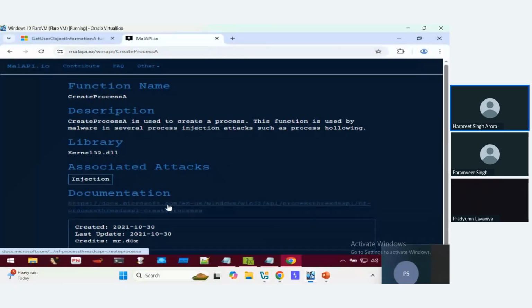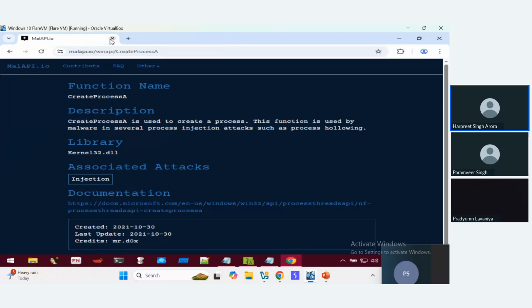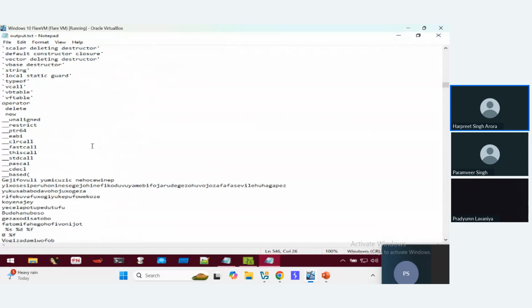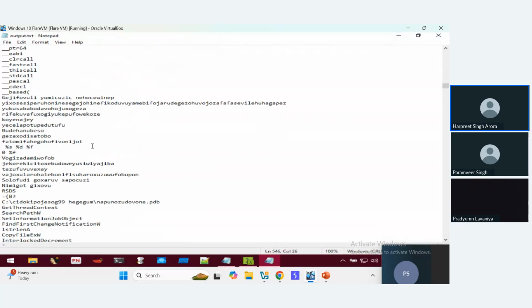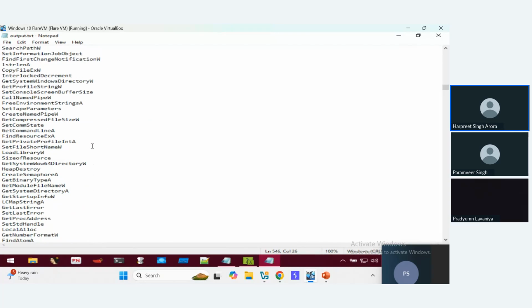Again, if you open the documentation, it will again redirect you to Microsoft, the one which we are already checking. So string analysis provides us a little information about the file system without executing it. We haven't executed it, all these copy file extension, get private profile int a, all these are,